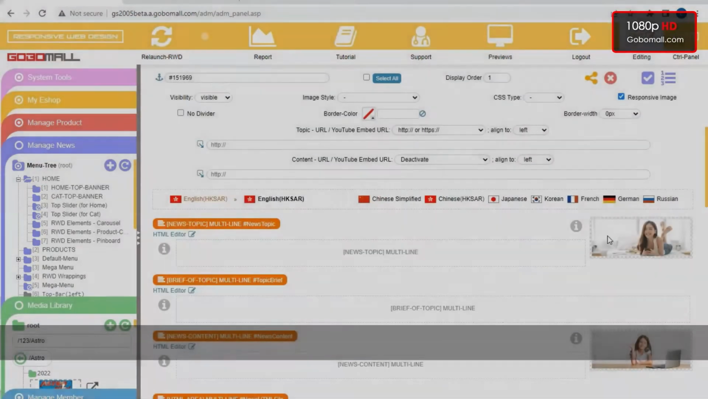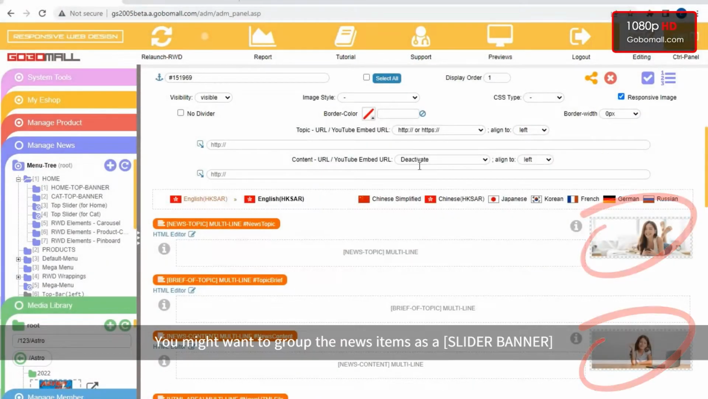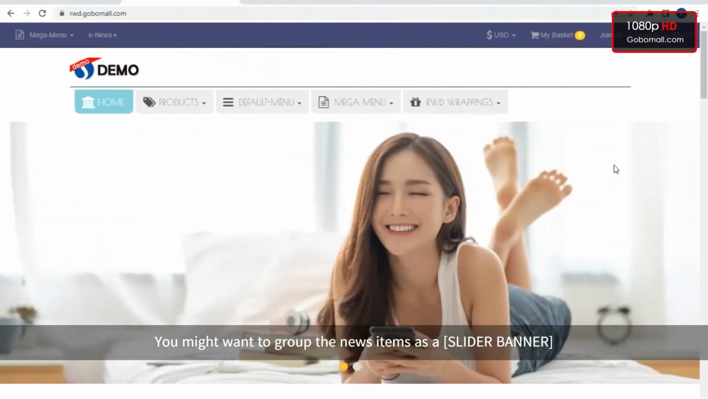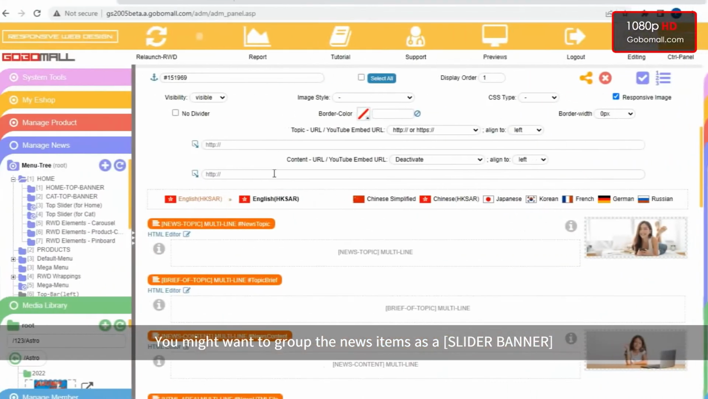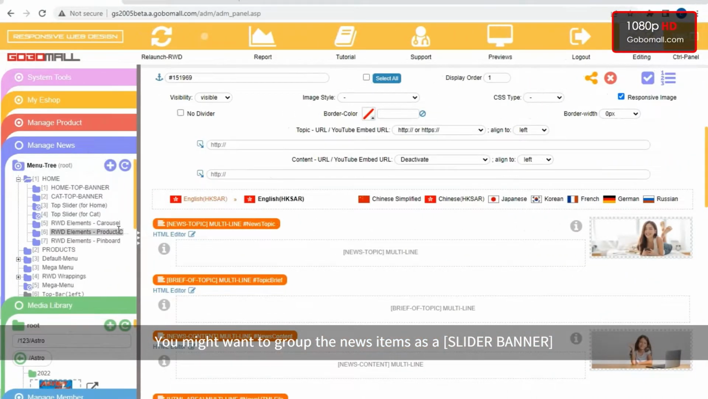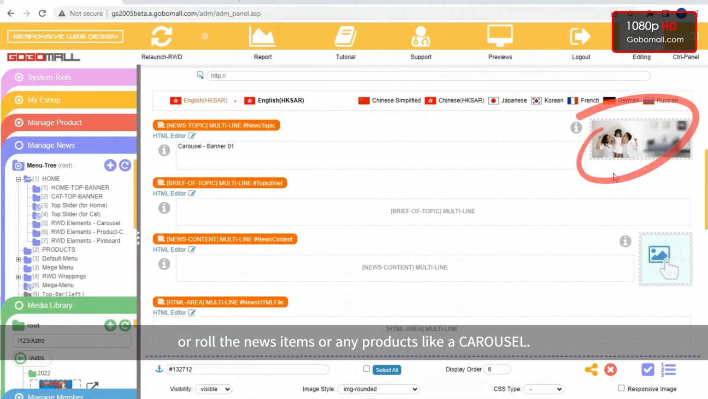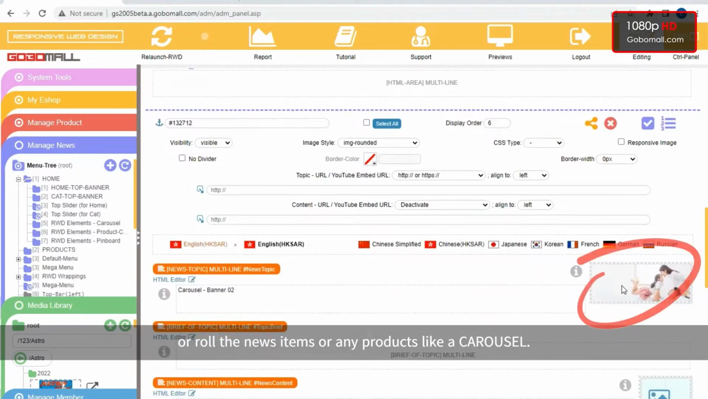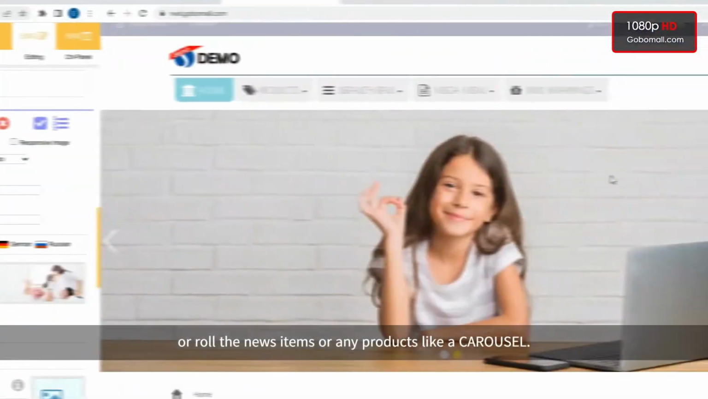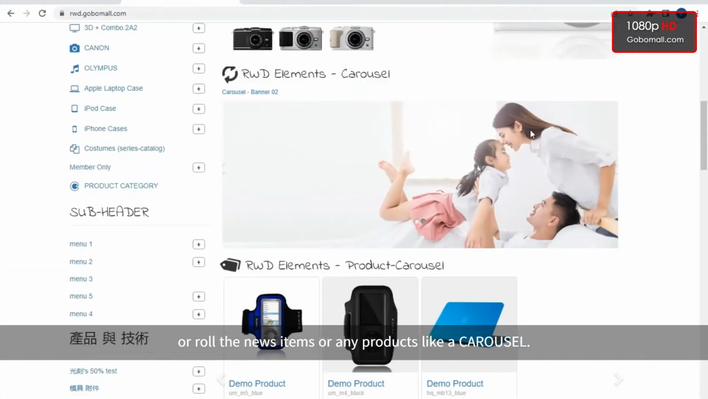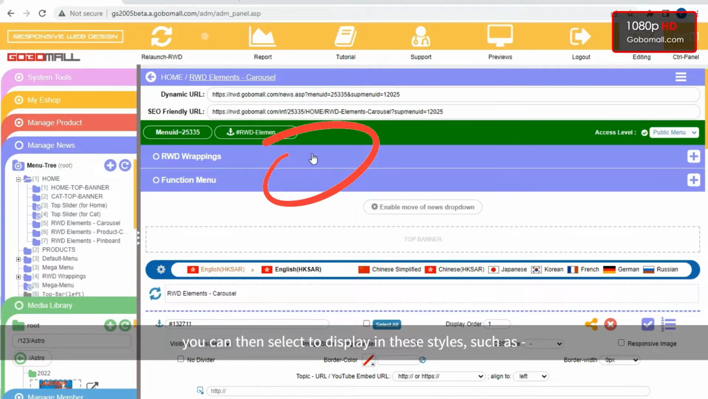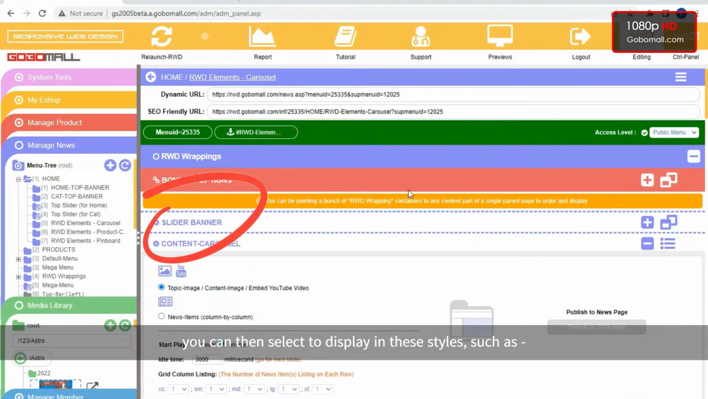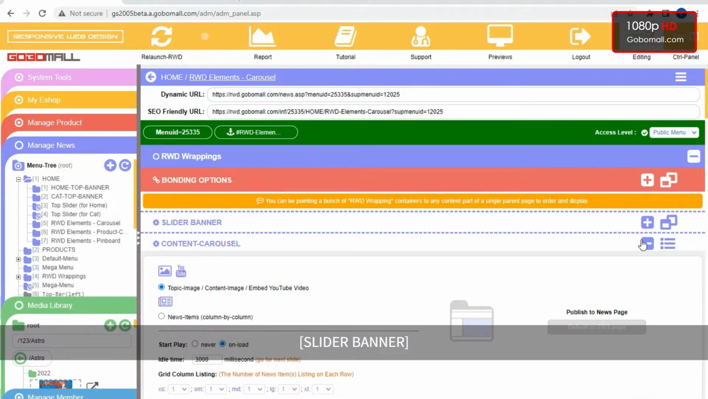RWD Wrappings. You might want to group the news items as a slider banner, or roll the news items or any products like a carousel. Just click on RWD Wrappings. You can then select to display in these styles, such as slider banner, carousel,